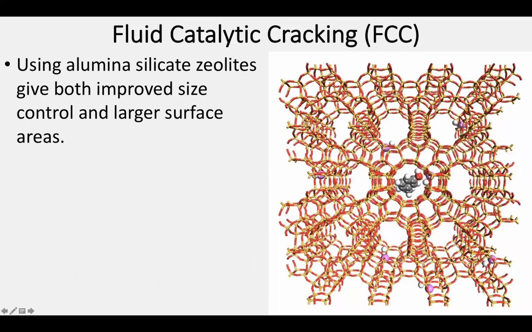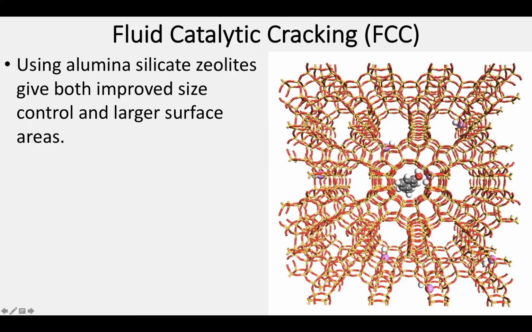However, when we're saying alumina silicates, what we're often talking about is zeolites. So zeolites are essentially a silicate or a clay-like structure with some alumina impurities, which can then interact and cause the catalysis. Now, one of the things that makes zeolites different from most silicates is that they tend to have these channels or pores that travel through them. And these pores are often of very specific length, so that they're only going to allow molecules below a certain